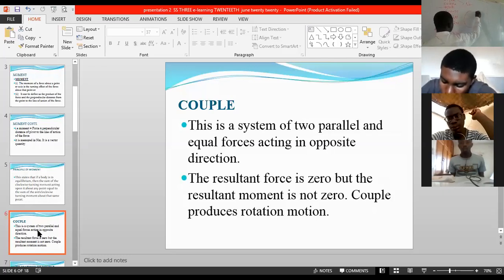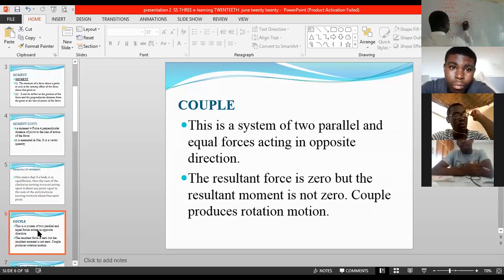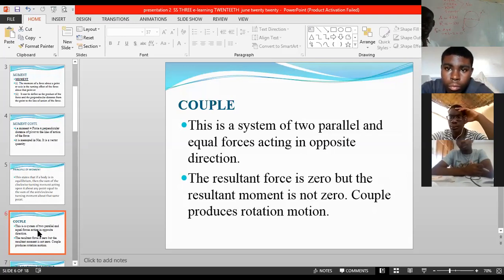Now, I will draw this circle. This is the center. Now, this force is F1. The other force is F2. They are equal in size, but opposite in direction. Now, if the distance from this point to that point is 2 meters, and F1 is equal to plus 3 newtons, F2 is equal to minus 3 newtons. Look at the board. These two forces are equal in size, but opposite in direction.